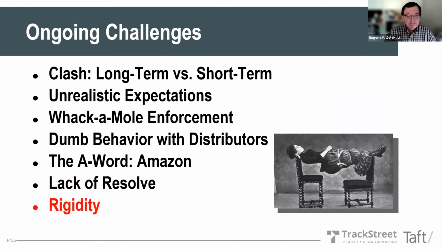Next. We've seen the other problem, which is rigidity. These policies tend to be written by lawyers, and sometimes lawyers get so incredibly rigid that there's a one strike and you're out policy. You violate, and we shoot you in the head till you're dead. That doesn't work. Business people are so reluctant to use it because it's the atomic bomb approach. So a rigid policy is not the way to go either.